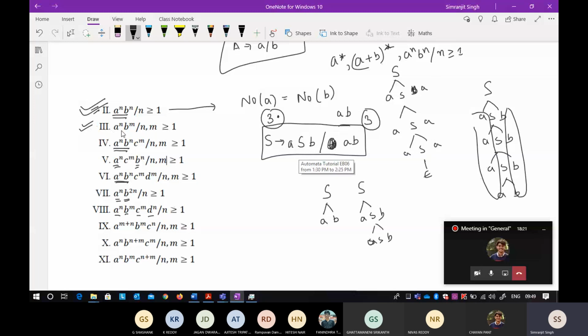I think now this is a bit different question, because only those strings will come where any number of A's can come, any number of B's can come. This is fine. But after B, keep that in mind, after B, A cannot come, because it is written in such a way that after A only B can come. You do not want to do that kind of thing, A plus B star, because A is followed by B. Okay, so just try to do this one. I think you can easily do this one. Okay, just try.